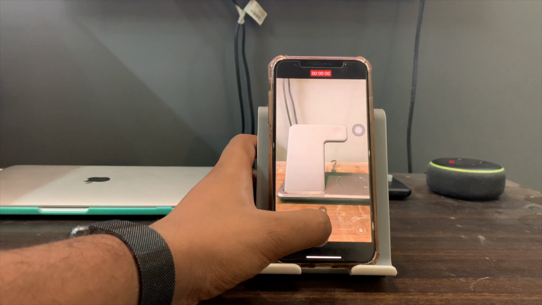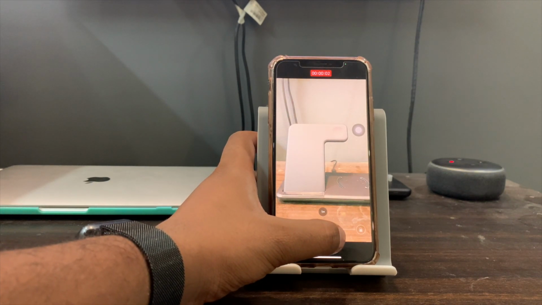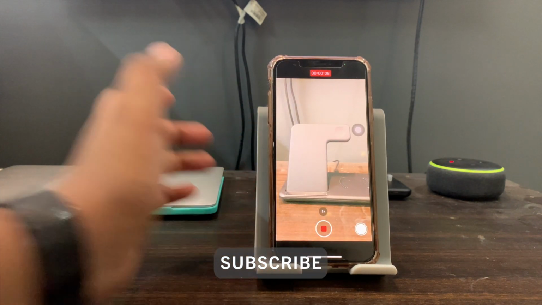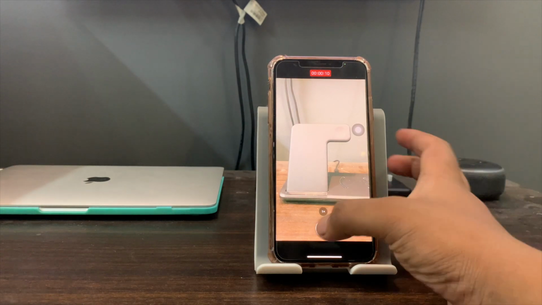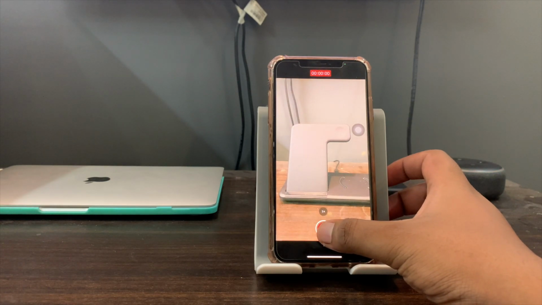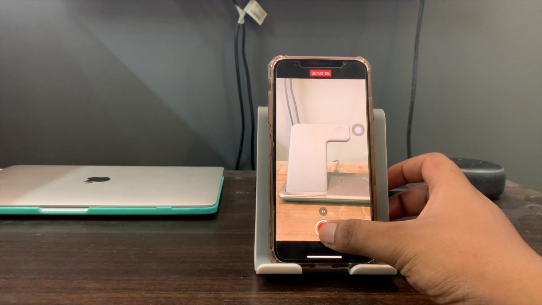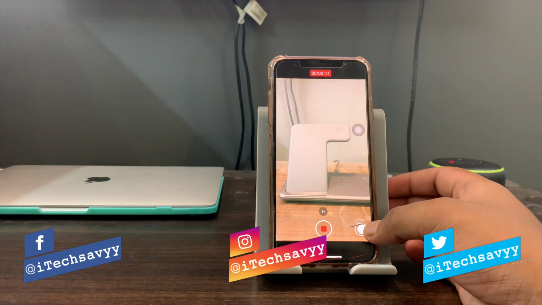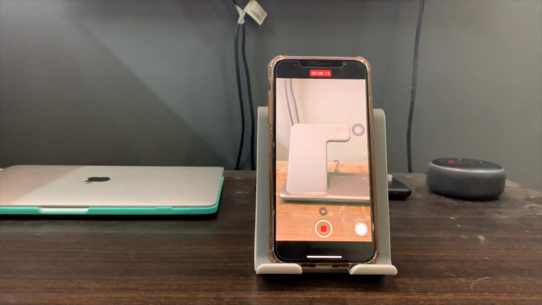Then we can also shoot a quick video by holding on to the click button and then sliding to the right. Now we can record a short video by just tapping and holding the button. And if we want to start recording a particular video, then we can simply slide it to the right and lock the recording. So now my phone is recording continuously.